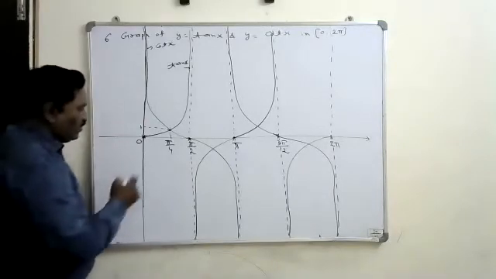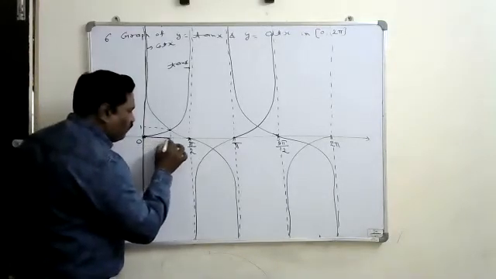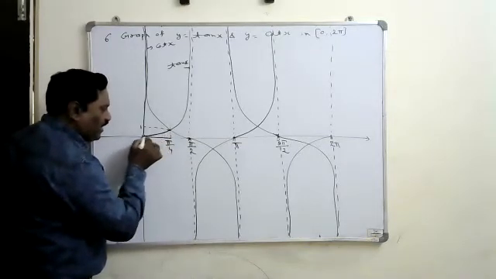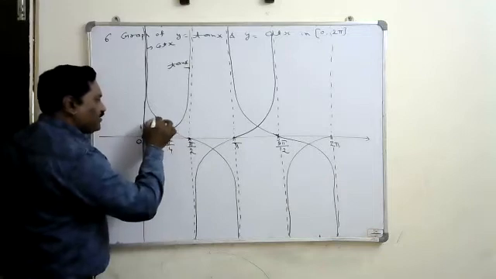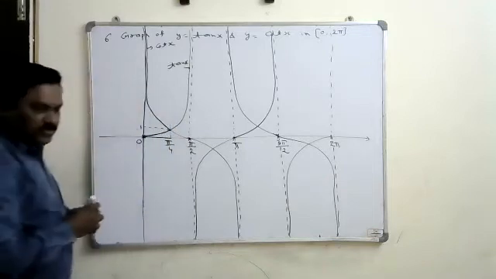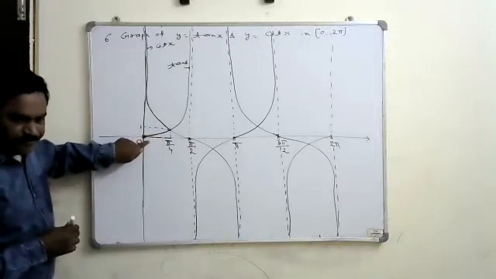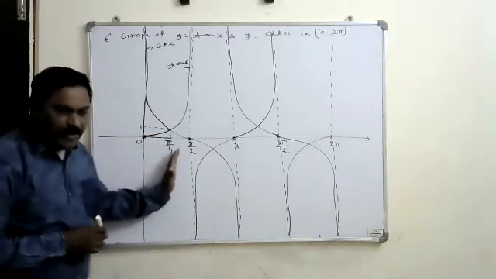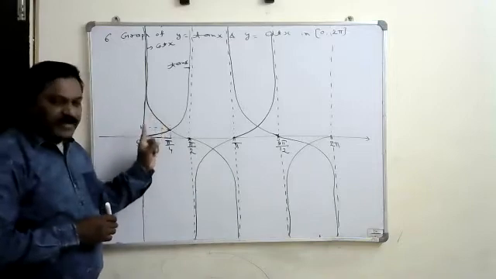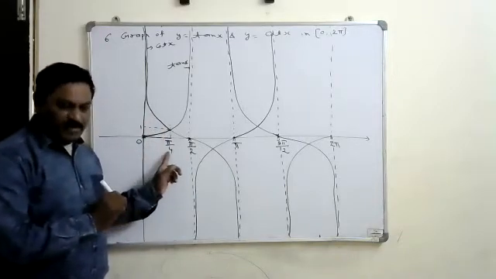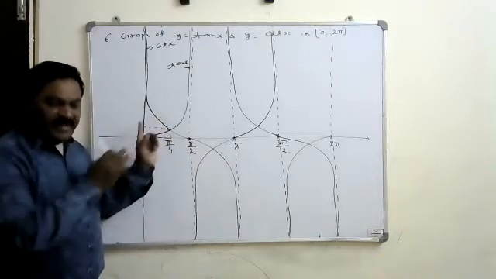Now if you observe there, between 0 to pi by 4, if I take it, this is the graph of tan x and this is the graph of cot x. Means if you observe these two graphs, cot x is the upper curve, tan x is the lower curve. That's why between 0 to pi by 4, cot x is bigger than tan x. Always for all the angles between 0 to pi by 4, cot x is bigger than tan x.